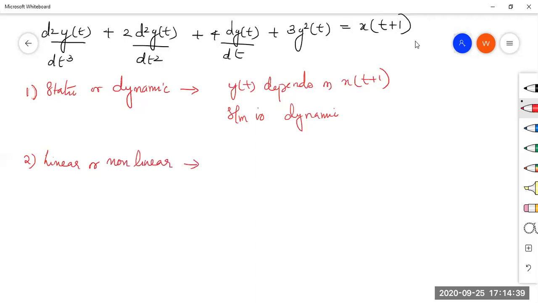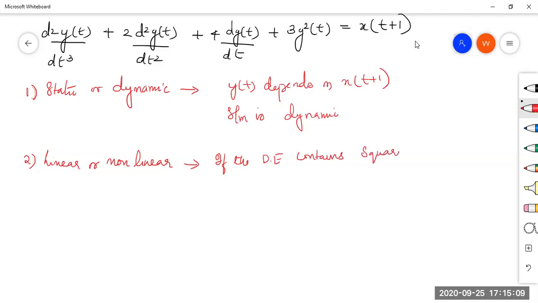Either you can do it in the conventional method, or we can always say if the describing equation contains square or higher order terms of input, output, product of input, output, and its derivative or a constant, the system will definitely be nonlinear. So I will write here, if the describing equation contains